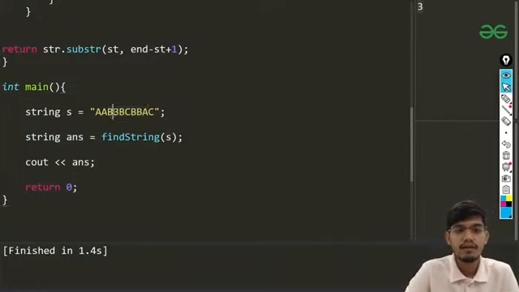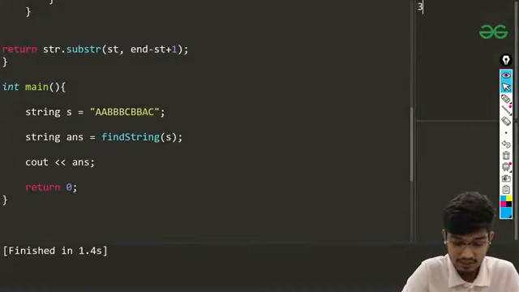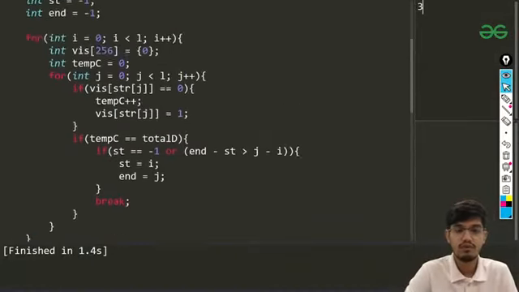Then we'll get the length 4, then length 4 again, then from BA to C, and we'll take that solution. When you run the code, you'll get the output as 3 in this case. So I guess that's what you want to do.